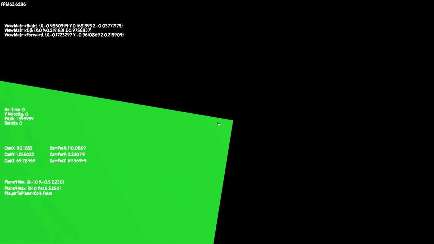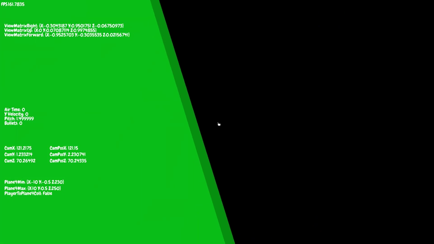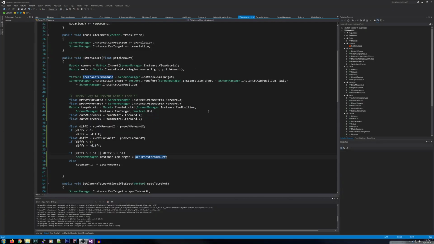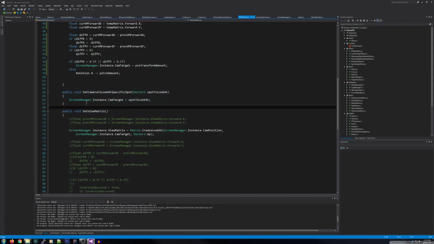It's just a little bit extra calculation, because I'm not using matrices in the camera rotation, just because I'm using vector 3s. So that's that, and that's how I resolved gimbal lock for this. I'm not using this method at all yet, but let's say